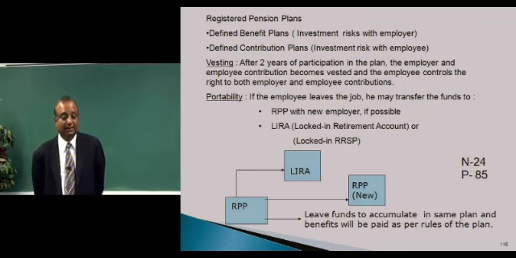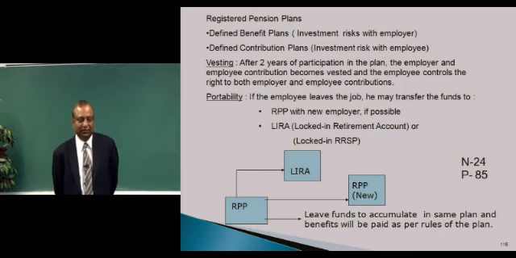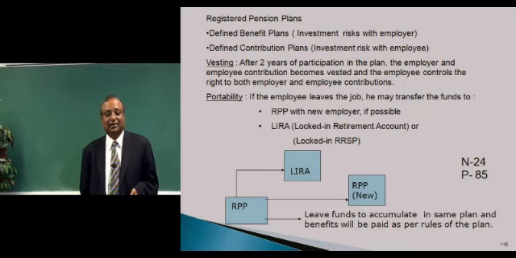For example, if the person has transferred money from a pension plan which says the earliest he can access money is 55 years, then the money has to lie in the LIRA till he turns 55. The latest you can have money in a LIRA is till December 31st of the year you turn 71.